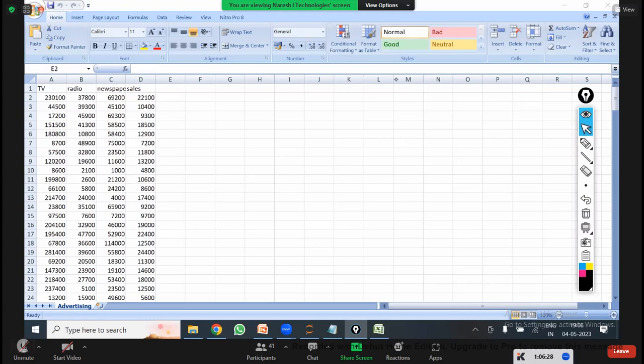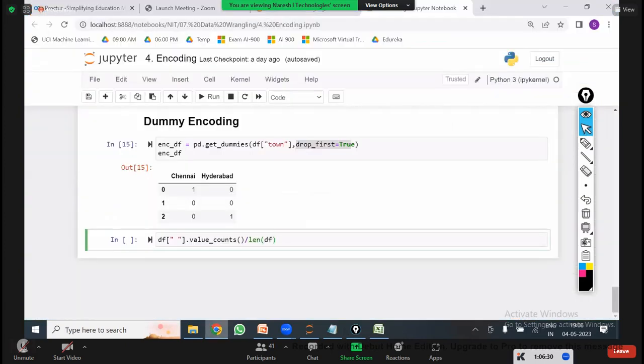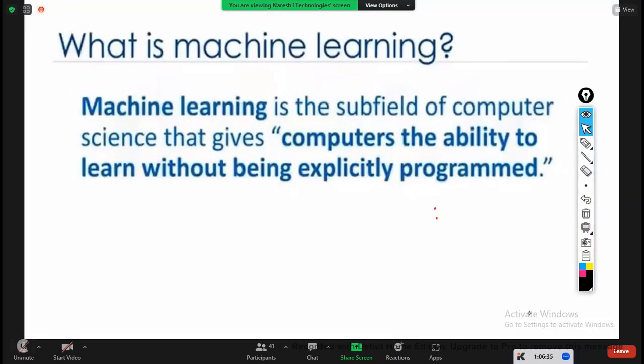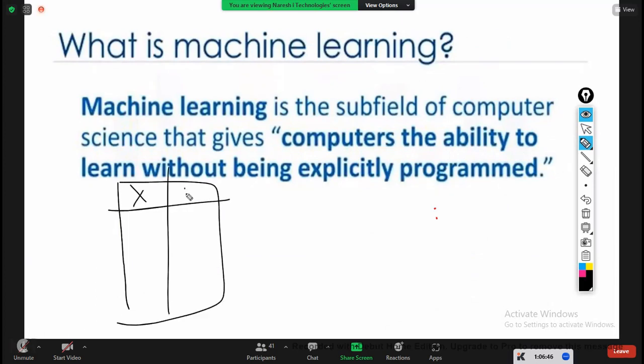So just based on the relation. Here machine learning means it is going to work without us writing the program explicitly. Now, for example, let us take X and Y: 1, 2, 3, 4, 5, 6, 7, 8, 9, 10. This is the data set. For this data set, I want the answer as X plus 5. I know that already because this is a simple data set. I also know the answer X plus 5. But how the machine will do it means